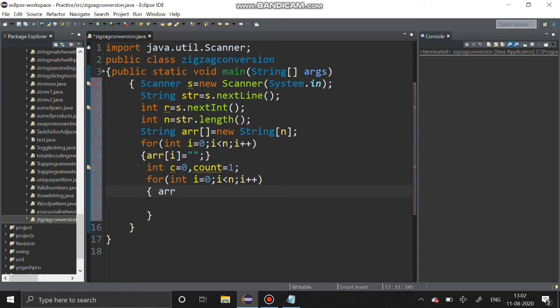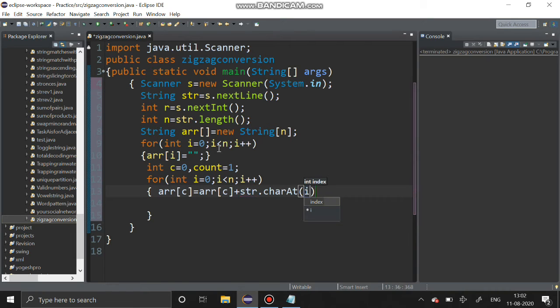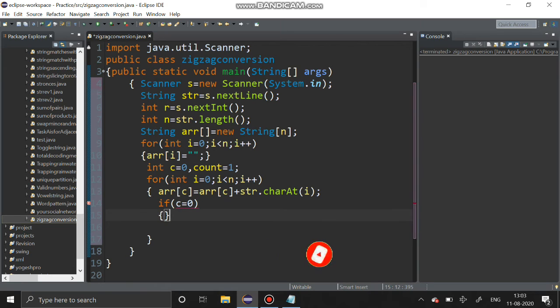After this, arr of c equal to arr of c plus str.charAt(i). We are concatenating that character to the array element. If initially c is equal to 0, then count is equal to 1.